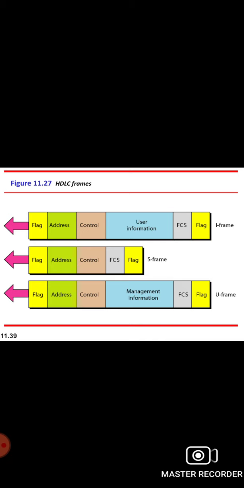Each frame in HDLC may contain up to 6 fields. As you can see in the diagram, a beginning flag field, an address field, a control field, an information field, a frame check sequence field, and an ending flag field. In multiple frame transmissions, the ending flag of one frame can serve as the beginning flag of the next frame. The flag field of the HDLC frame is an 8-bit sequence with the bit pattern 01111110,